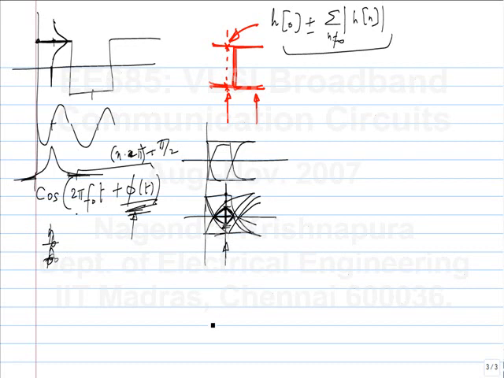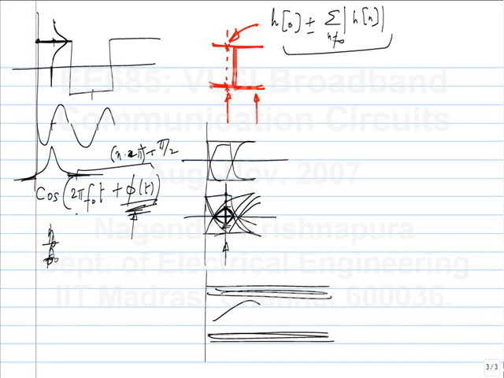If you have an eye diagram, it typically looks like this. Again, if you plot it for a couple of cases, it becomes very obvious why it looks like this. This is some typical eye diagram that you may see. It is nothing but a collection of all possible transitions. A 0 to 1 transition can go like this or like this, depending on what came before and after it. So if you have significant ISI, you will have significant spread in the eye diagram.